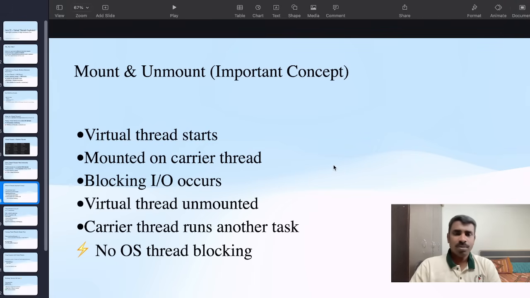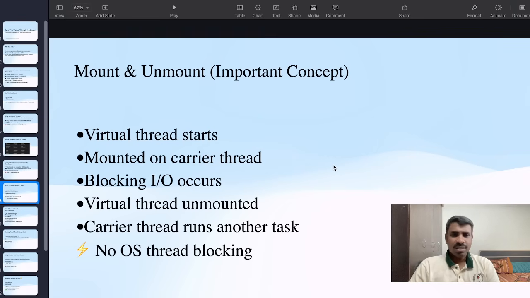Now the mount and unmount concept. When a virtual thread starts, it is mounted on a carrier thread. Then blocking IO occurs. The virtual thread then unmounts, and the carrier thread runs another task. So the OS thread is not blocked here.